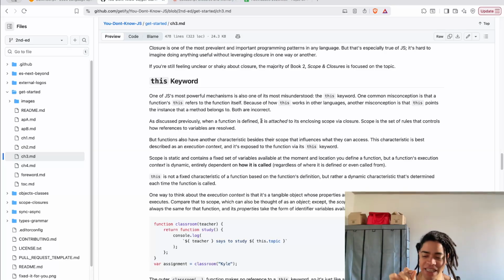Scope is a set of rules that control how references to variables are resolved. This is one of the characteristics of the function, part of the anatomy of the function. And the other part is